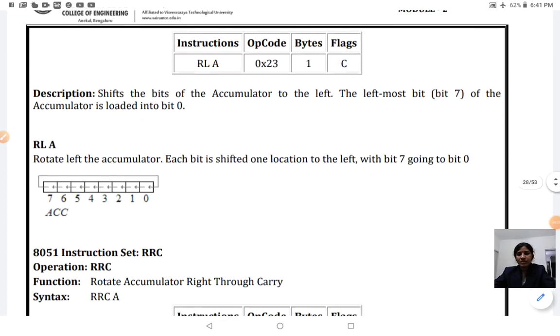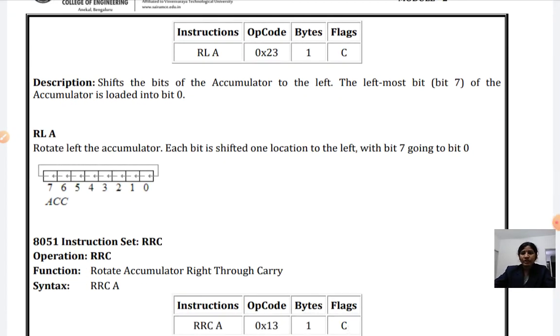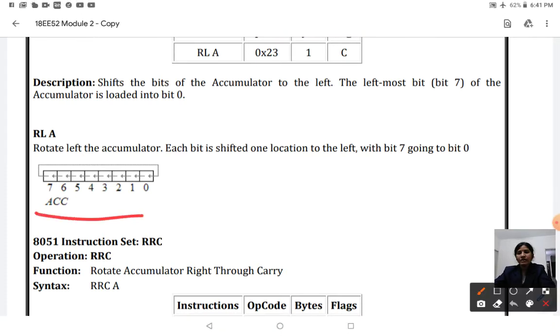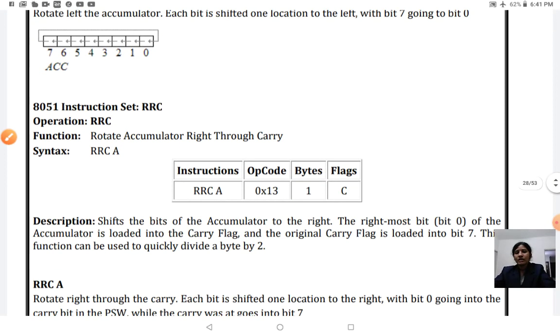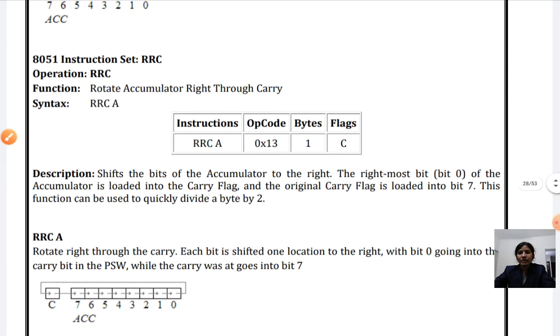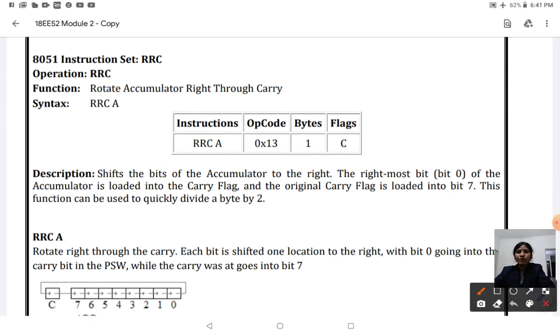Okay. Next is your rotate left accumulator. Whatever I have shown in the previous example, the same thing has been shown here. Now we'll go for rotate right with carry and rotate left with carry. The instruction is rotate right with carry, RRC.